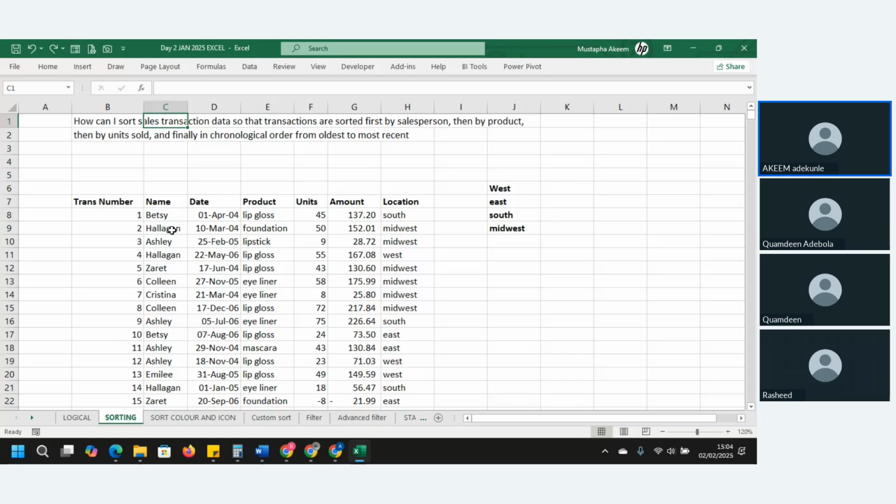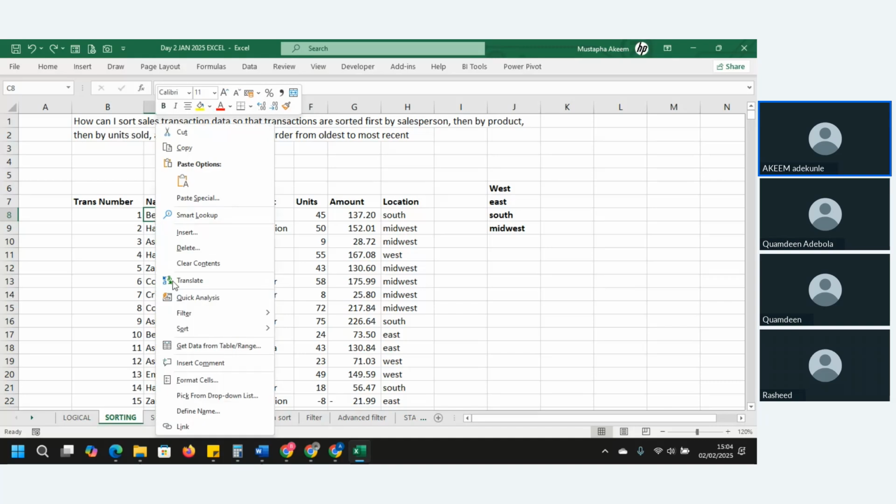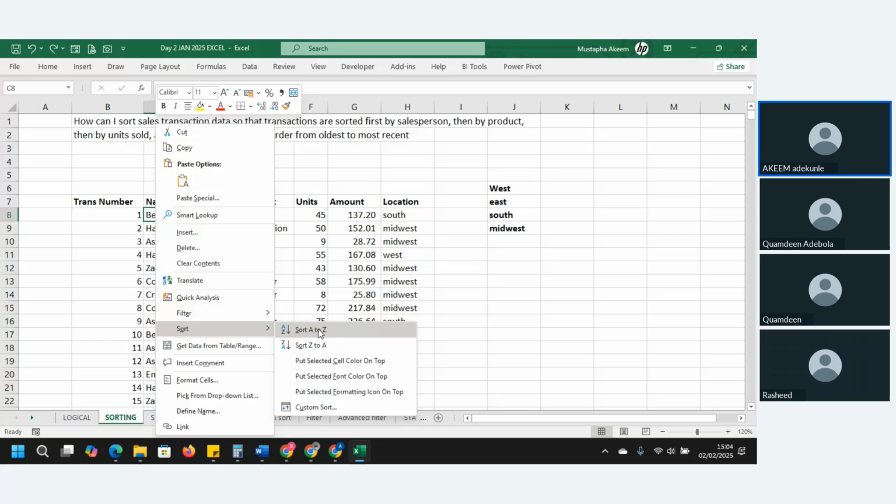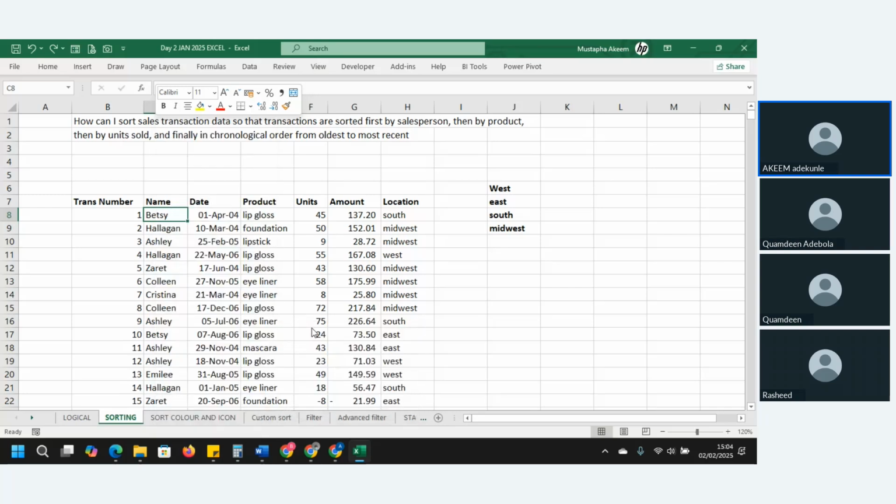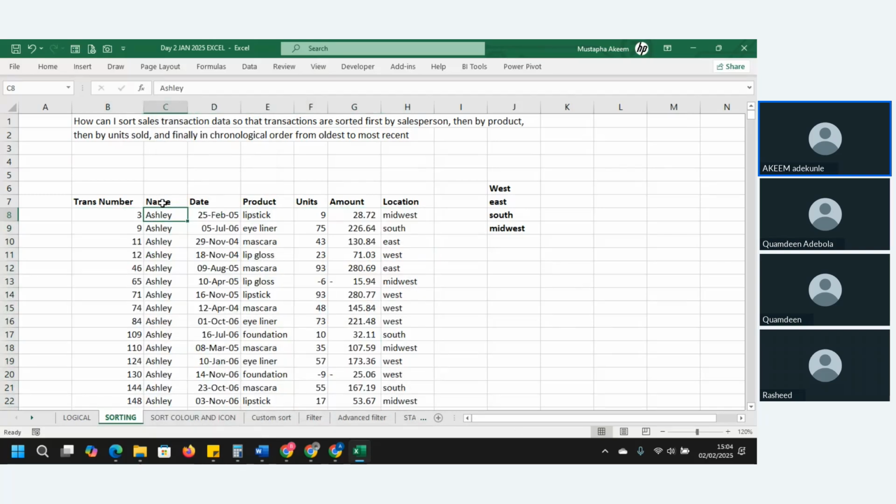So in Excel also we sort data. How do we sort our data in Excel? The easiest way to sort is just right click and click on sort. When you right click, you see the sort option here. Sort A to Z. I've sorted the column with names automatically. And you can see that we have Ashley